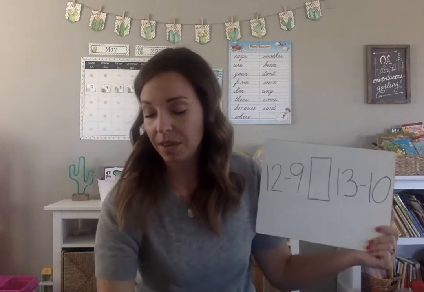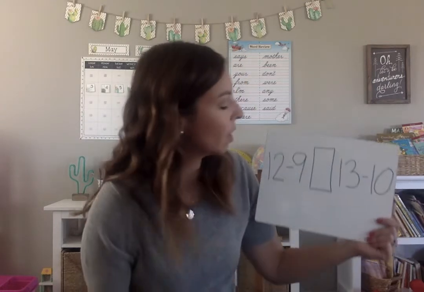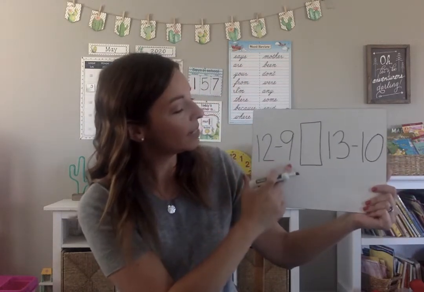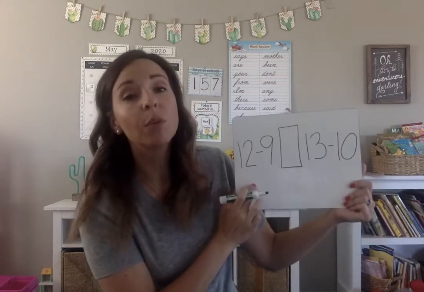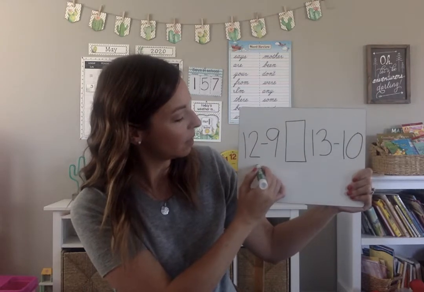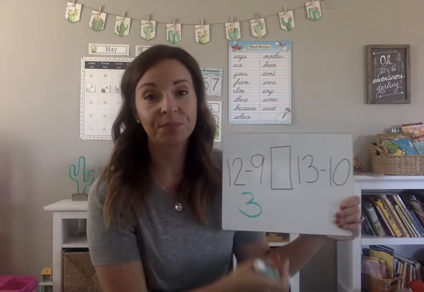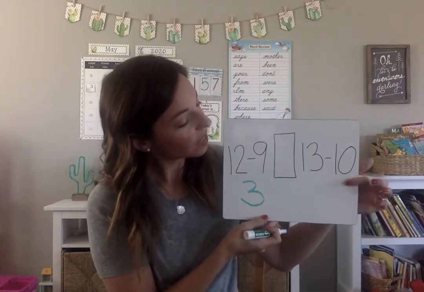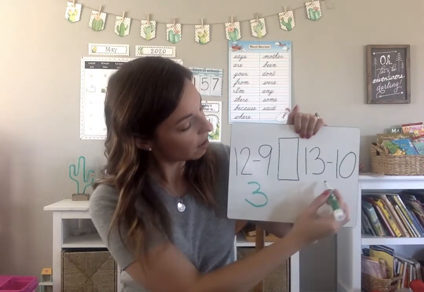Okay, let me get my marker ready so I can write down the answer. 12 minus 9 equals, and I can write the answer above or below, whatever is easiest for you. So I'm going to write it below because I have more room here. So 12 minus 9 equals 3. Now let's look at 13 minus 10. 13 minus 10 also equals